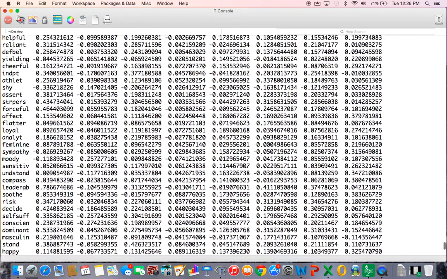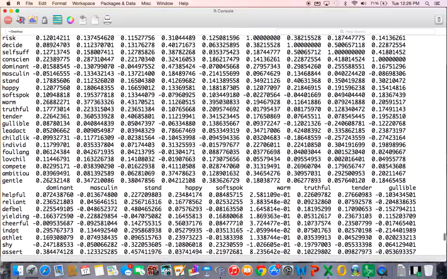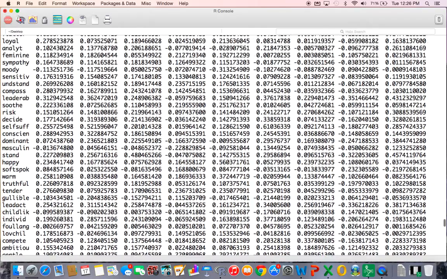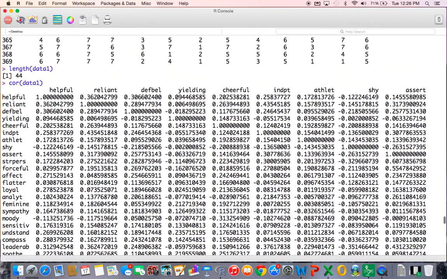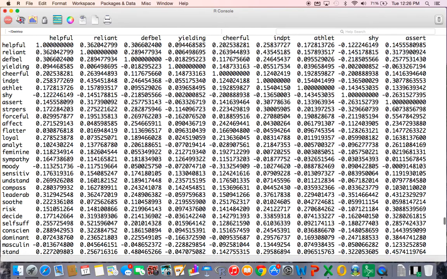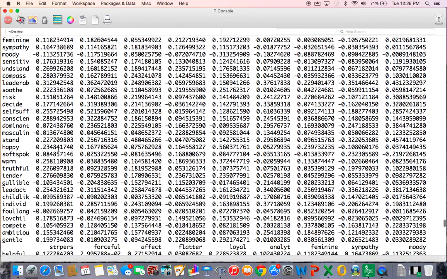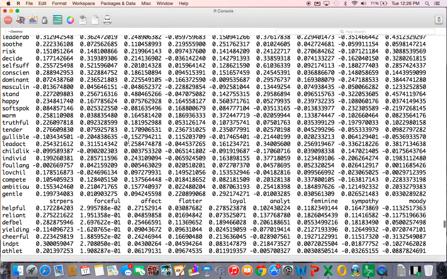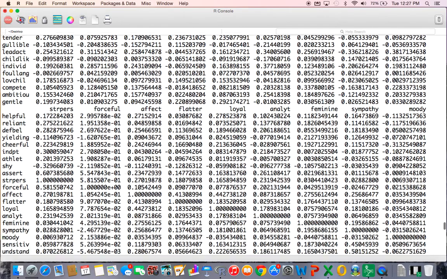Now, this is where it gets fun. What you would probably want to do is look at some pairwise correlations down each of the variables, and see if you can find correlations that seem to be specific to one particular question.